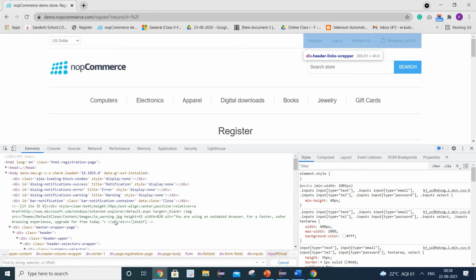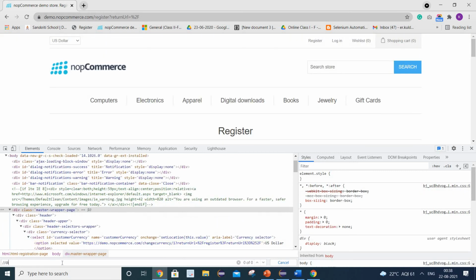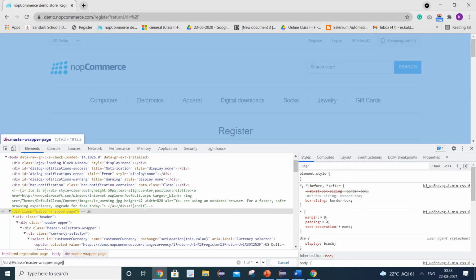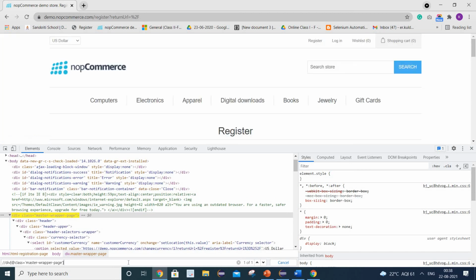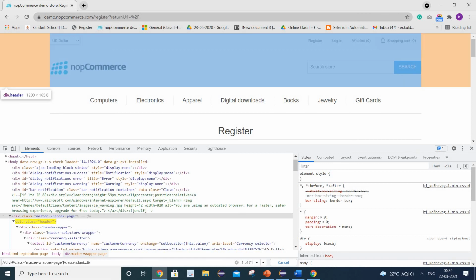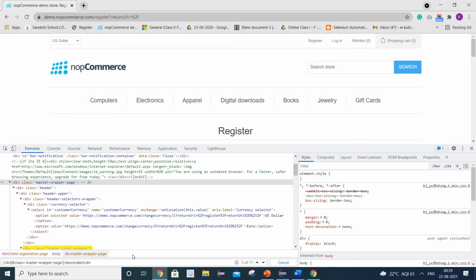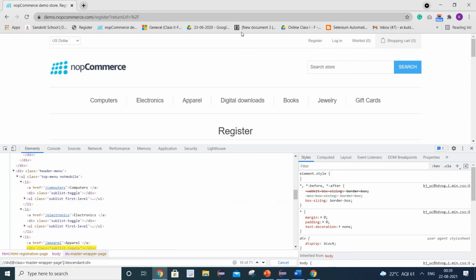So let's select some starting node from here. Let's select this one. I will write div, @class equals. Here you can see it selects the complete page. Now we need to use the descendant method. So I will write descendant, two colons, and say I write div. You can see it has started highlighting all the nodes for which the starting tag is div. There are around 71 nodes, and say we need to select some particular element.